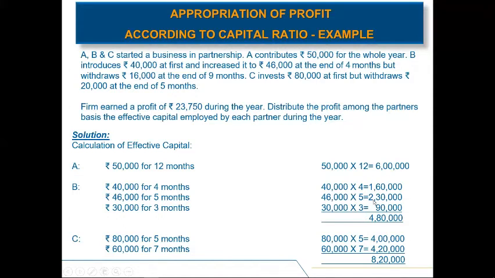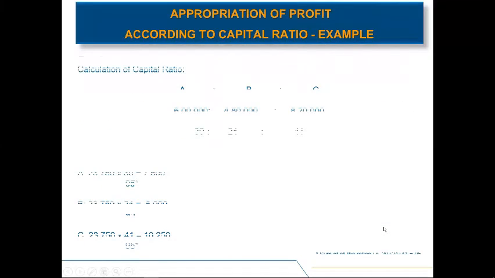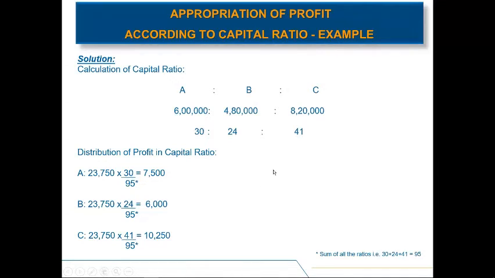Now we will total all the products for all the partners and calculate the ratio. Once we simplify the products, or we calculate the ratio of the capital employed by the partners in the business throughout the accounting period, it comes out to be 30 is to 24 is to 41. Taking this ratio into consideration, we will distribute the net profit of